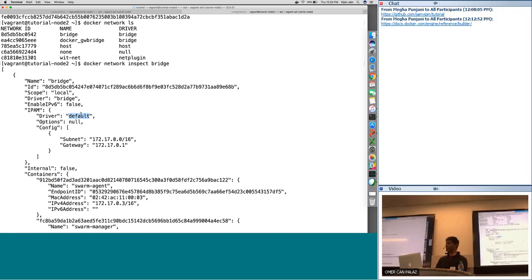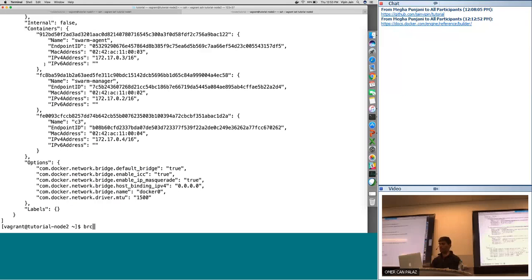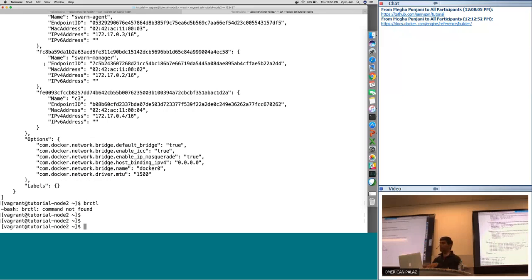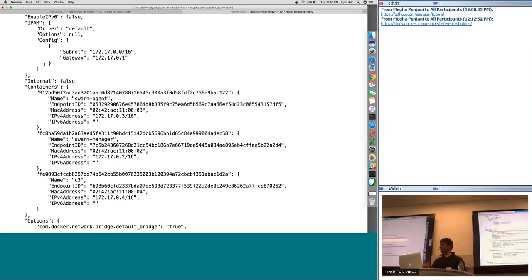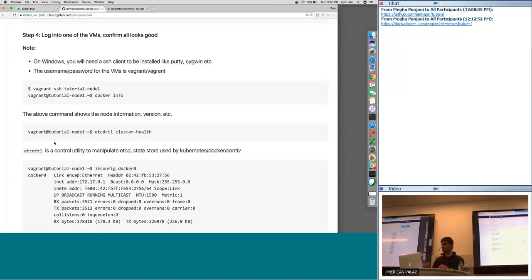What command do you use on the host side to see things? This is on the host, actually. I'm executing these commands on the tutorial node 2, which is the host, not inside the container. But you're using Docker. Yeah. In fact, I was expecting you to use brctl to see the bridges associated with the container. We could. I don't know whether I have brctl installed here. That's fine, if you install some of the utilities, we should be able to see that from there. A Linux bridge is literally created for it, and it uses iptables to do the natting. Yeah. In fact, if you go to my tutorial, it will actually walk you through all that stuff.